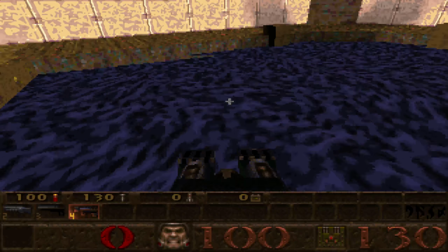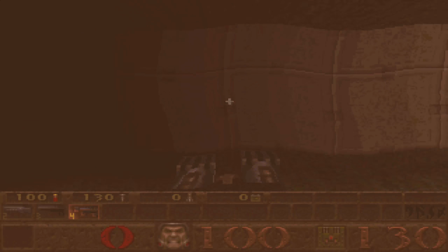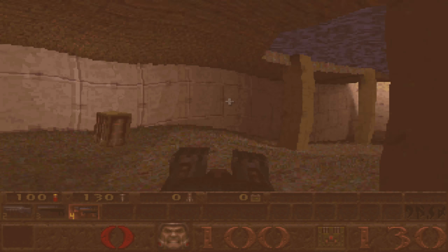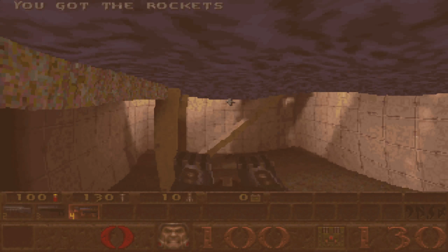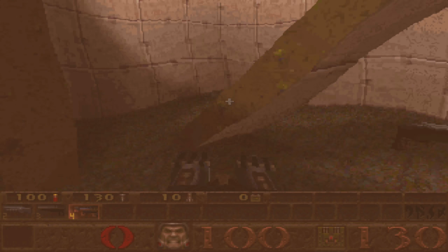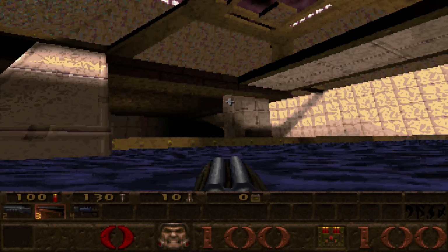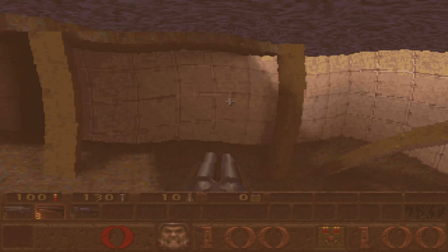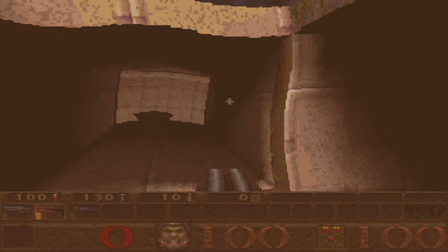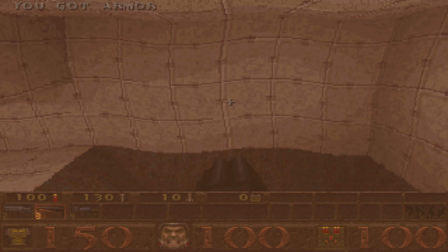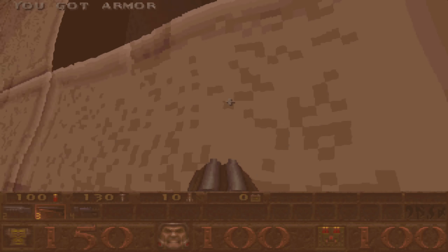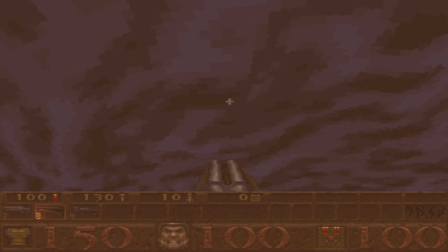And we can drop into the water. Let's see what's in the water. Hopefully something more interesting than what's above the water. Well, here's some rockets. Rocket! Double-barreled shotgun underneath the ramp at the bottom here. That seems like it for here. Let's start swimming around. Got some yellow armor in the tunnel, and this leads to an area where I'm gonna drown if I don't breathe.